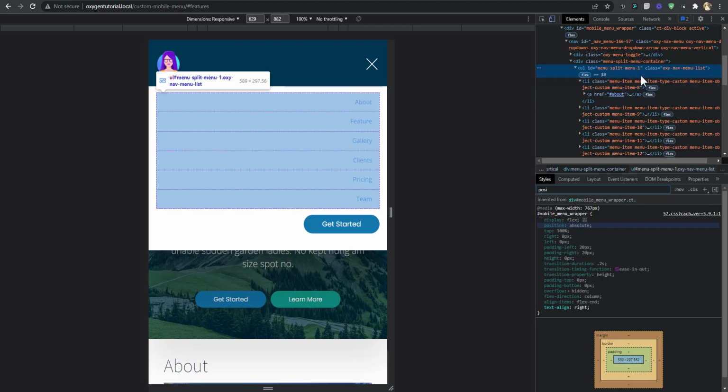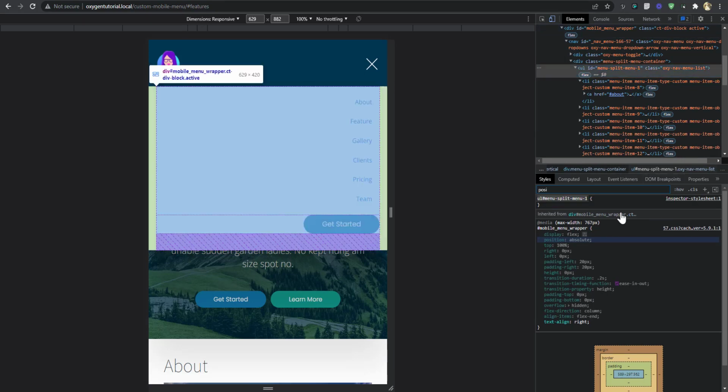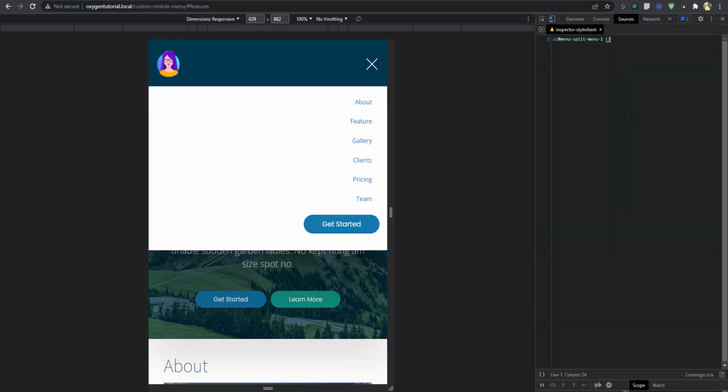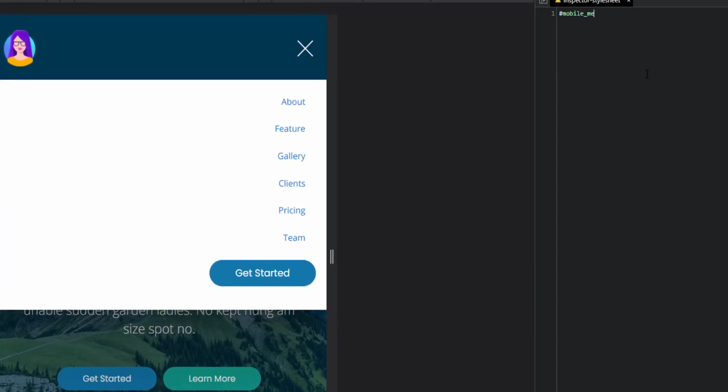Now if we go to the Inspector style sheet, so that this doesn't apply to all the menus on the site, I'm just going to say mobile menu, so only the menus that are inside the mobile menu wrapper. So .oxy nav menu list. I think that was it.